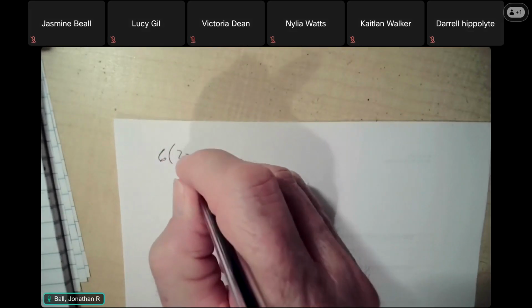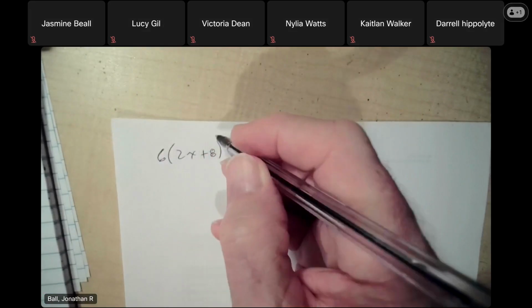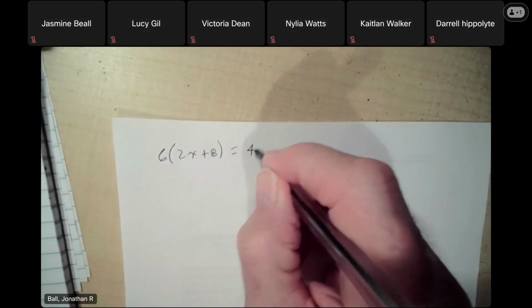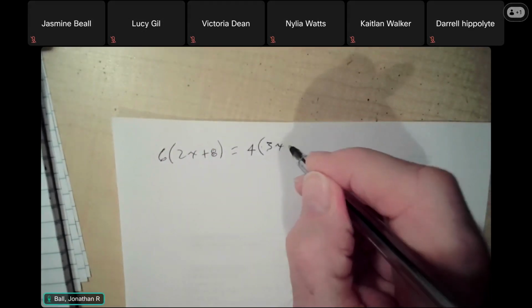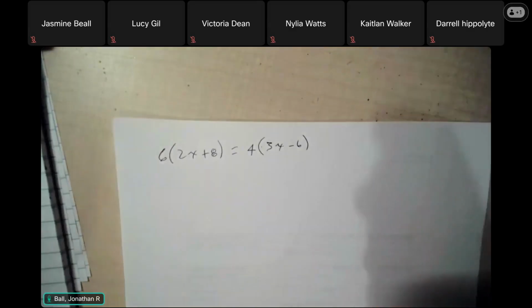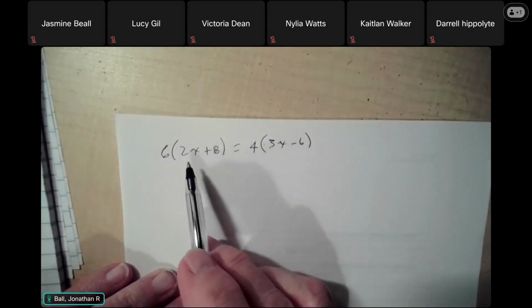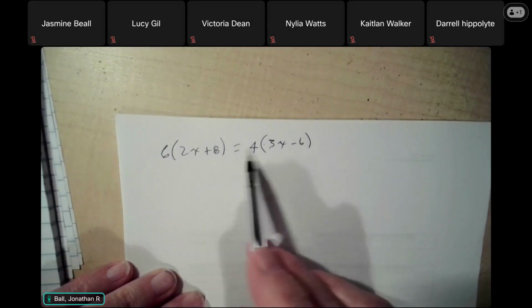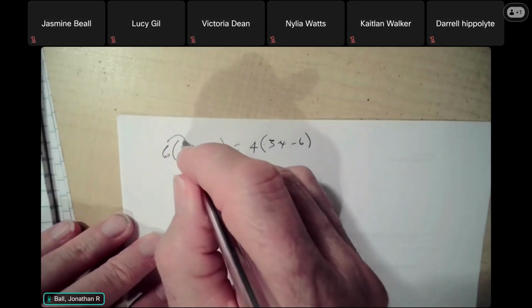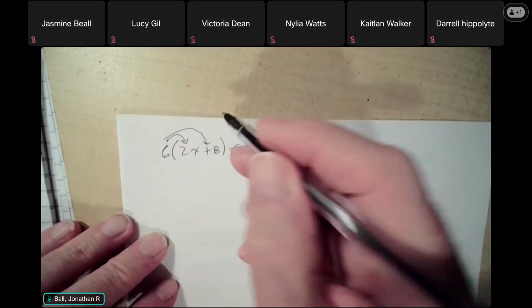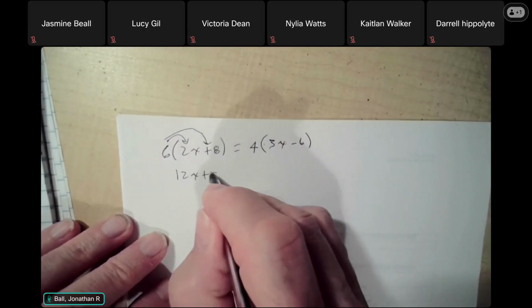2x plus 8 equals 4 open 3x. This is kind of a trick problem. Okay, first of all, what can we do here? We can do distributive property. We're going to distribute the 6 over every term inside. Get 12x plus 48